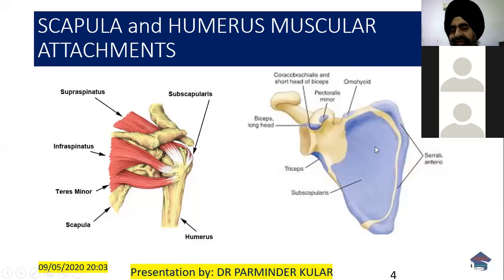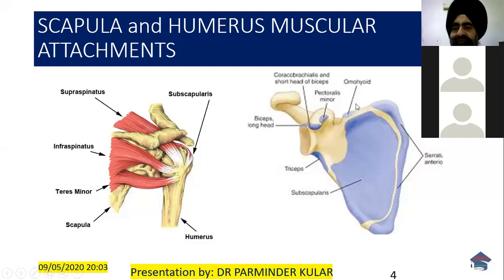If we look on the anterior side of the scapular bone, we see the origin of the subscapularis, and on the medial border on the anterior side, it is the serratus anterior muscle which helps in the protraction of the scapula. When the serratus anterior contracts, it brings the scapula into protracted position. This is the commonest muscle which you will find developed in the boxers, so it is also called the boxer's muscle. And when it is paralyzed, it leads to the winging of the scapula. It is supplied by the long thoracic nerve of Bell.